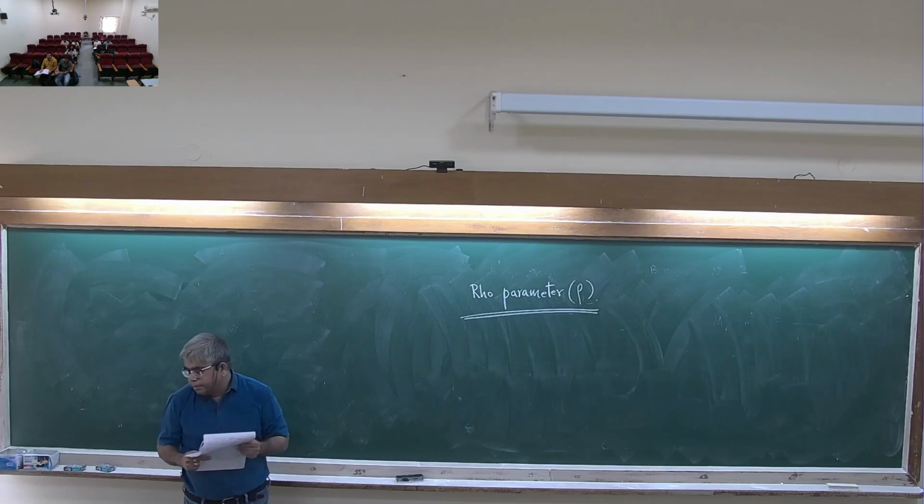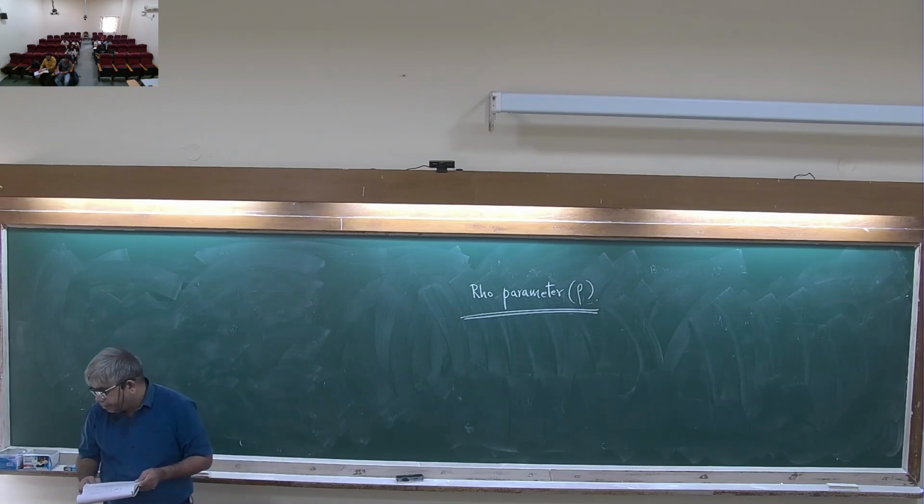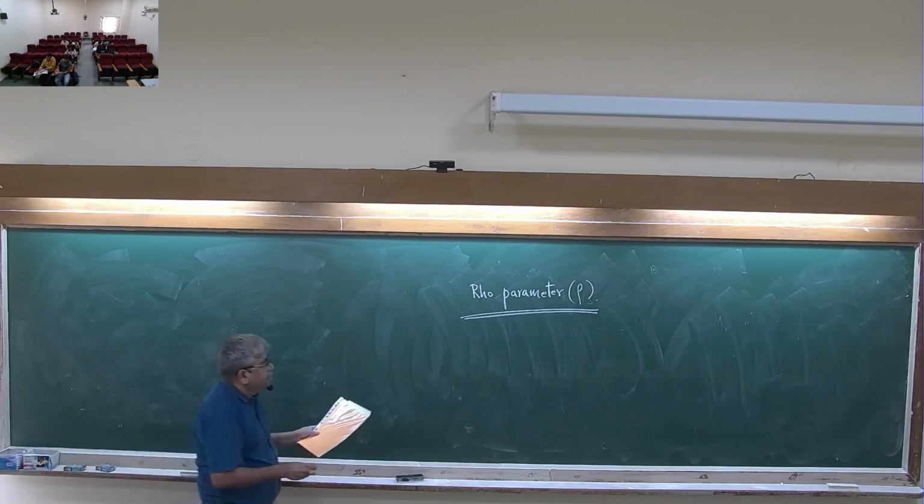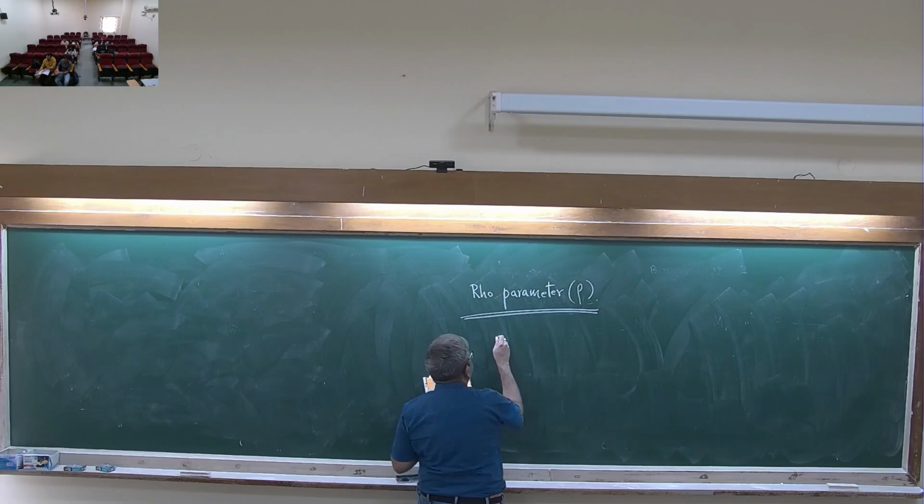This is the first electroweak precision parameter which we are trying to introduce. The rho parameter is defined, at the tree level,